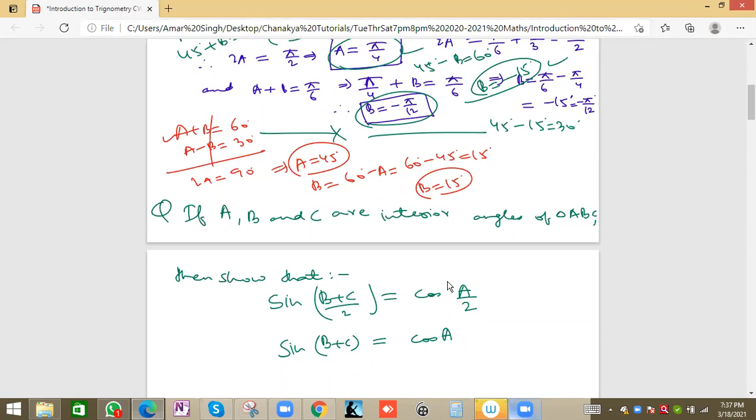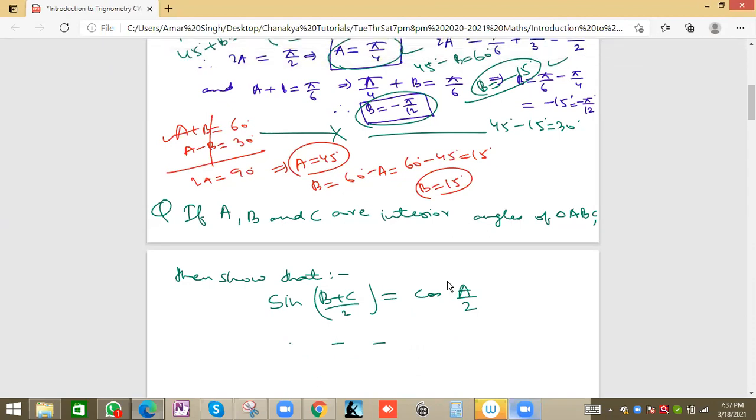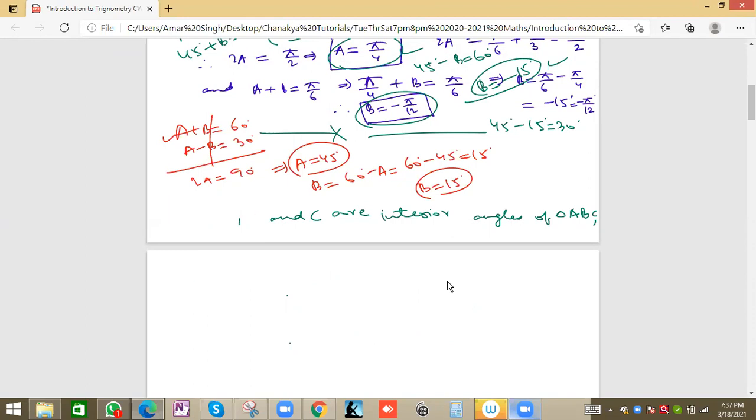No issue. In the fourth exercise we can see some questions because this will be related to complementary angles and then supplementary. After complementary angles we have supplementary angles also, but they are all related. So we can avoid this question. No problem, because strictly we will go along with the syllabus.